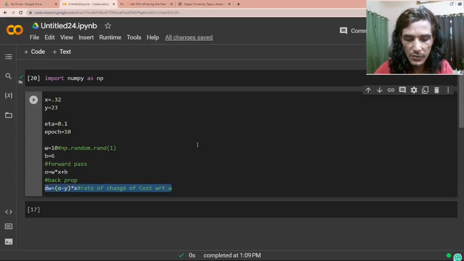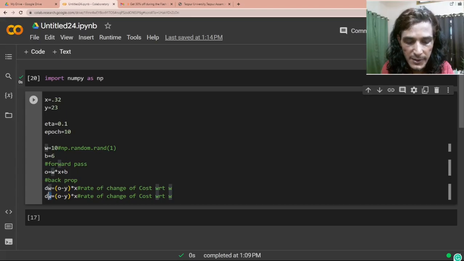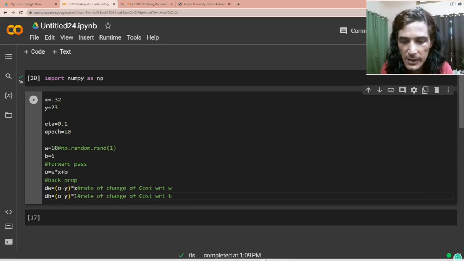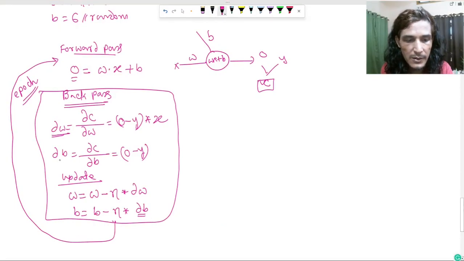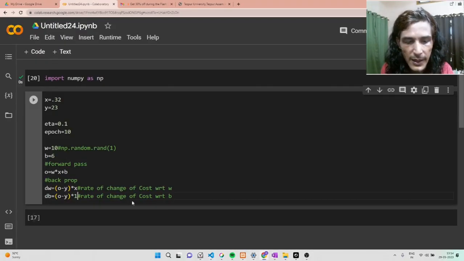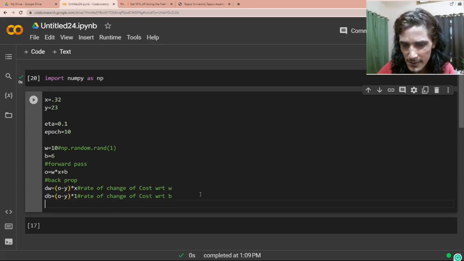Now similarly, we'll be computing the rate of change of the cost function with respect to b. Let's call it db, and we know that this x is replaced by 1 there. So you can see from here, the rate of change of cost with respect to b is only o minus y multiplied by 1. Okay, now once we have that derivative,